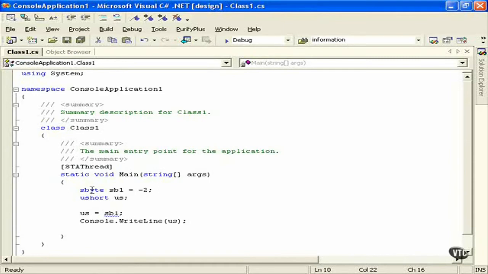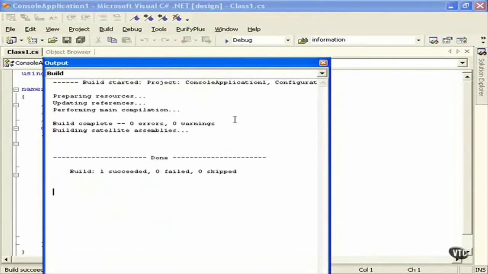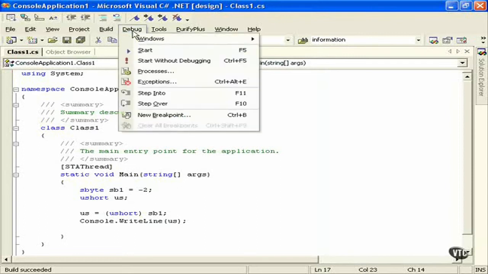So if we wanted to do that, we have to actually say, okay, compiler, we know this is a signed byte, and we're going to take care to make sure that we don't put negative values in there. So let us do it. I want to do this. I take the responsibility. You're guaranteeing that you're going to watch your code, or you know that the code is going to be okay, so you explicitly state that you want to make this change. Not a big deal. Well, then the compiler says, all right, well, you're on your own. Good luck. It succeeded. It says, make sure you take care of things, but when we actually go to run this,